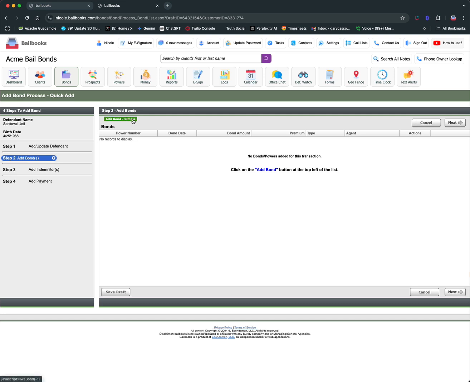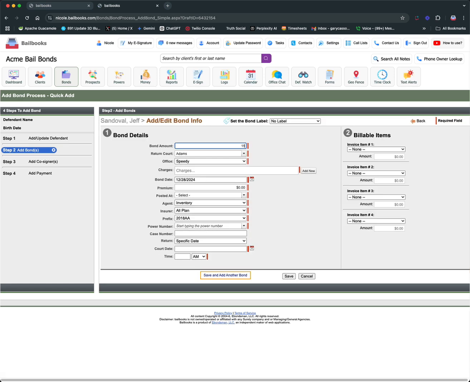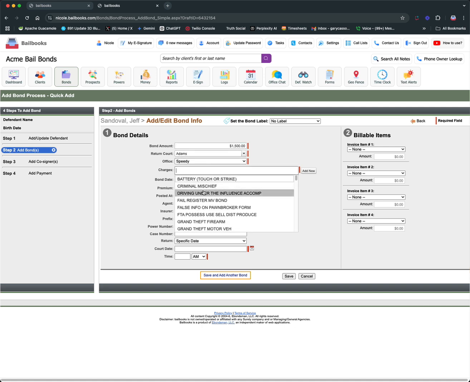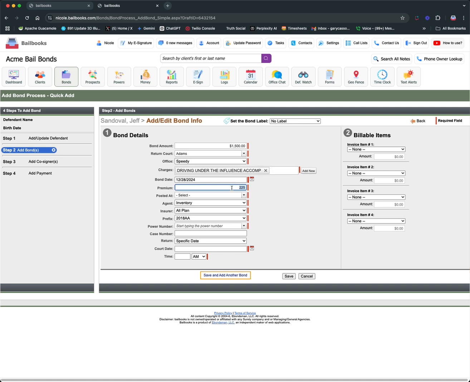So I'm just going to enter the basic bond information. Let's say it's a $1,500 bond out of Adams. The charge is driving under the influence. I'm going to charge him $225. He's posting it at Adams, and I'm going to go ahead and just use